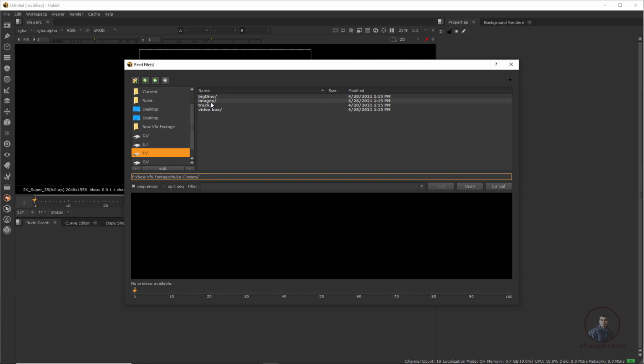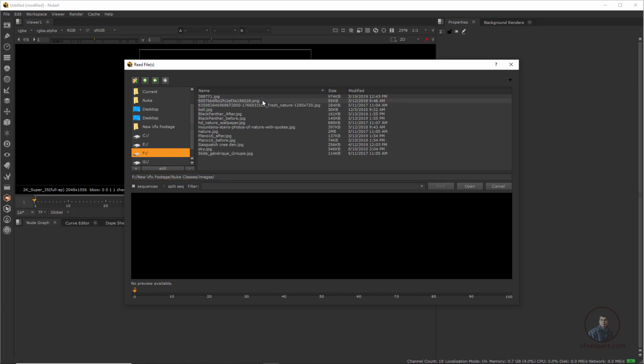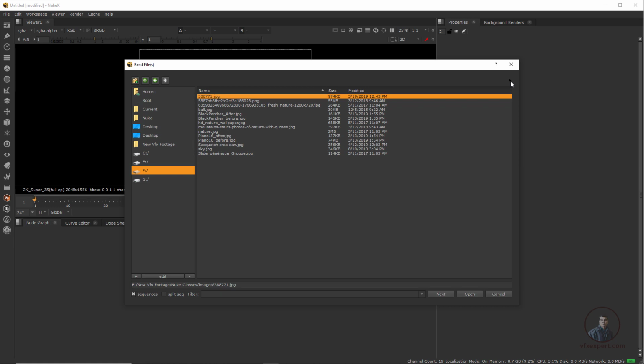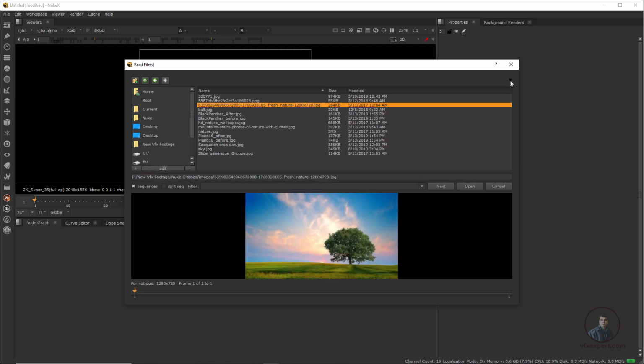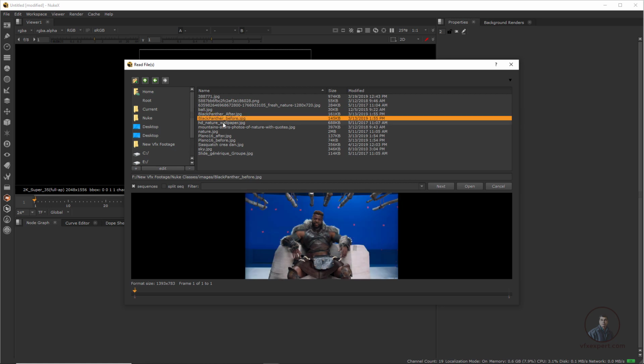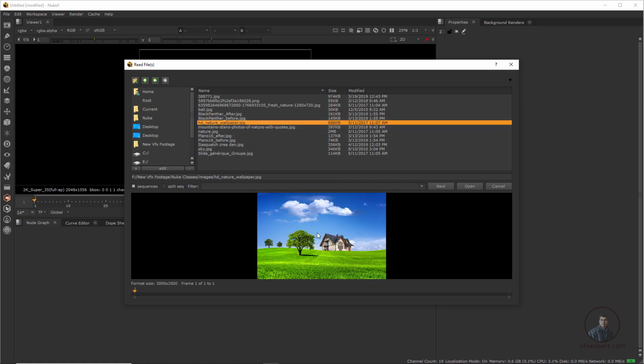Maybe inside this Images folder, just click here. Now we have opened this Images folder, and simply select the image you want to import. One more important thing here: this little triangle will only display your selected content inside this importer. Now if you select, it will not show here, because we have to check this option, so just enable this one. Then if you select any images or footage, you can preview it here before importing.